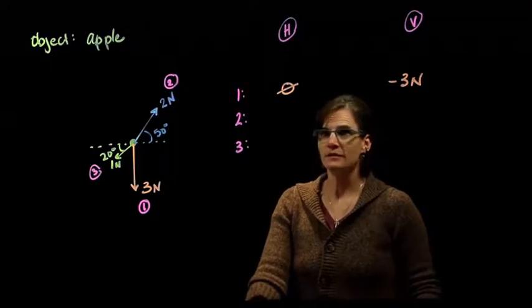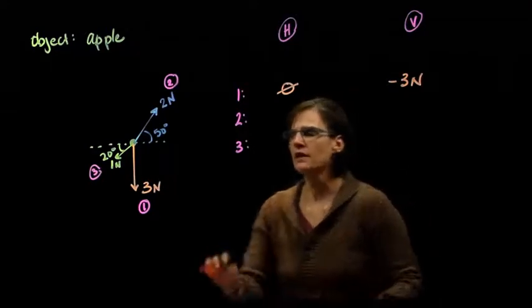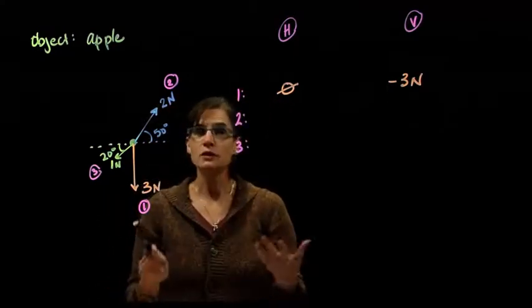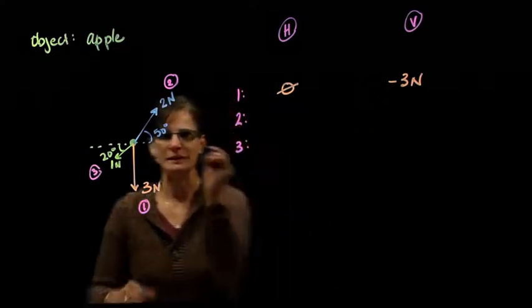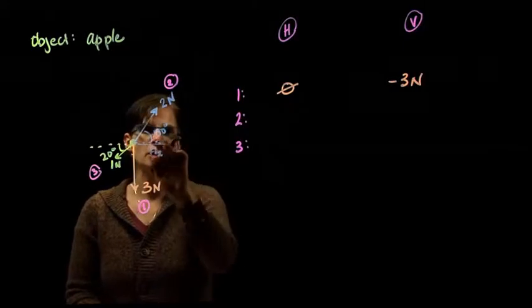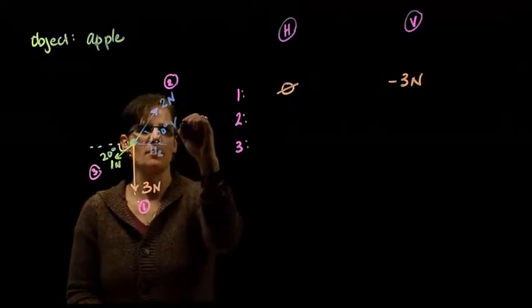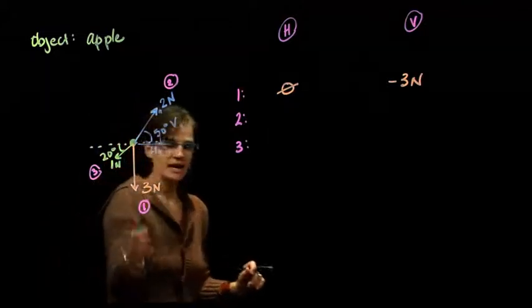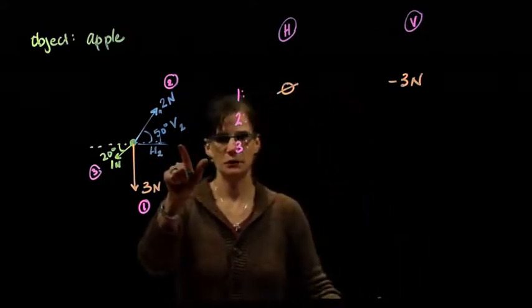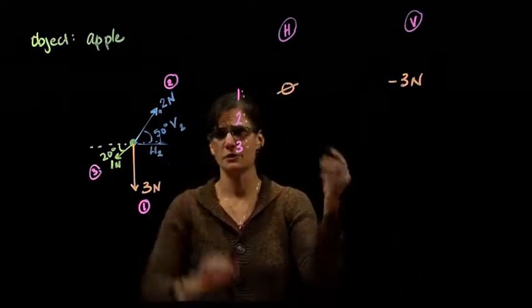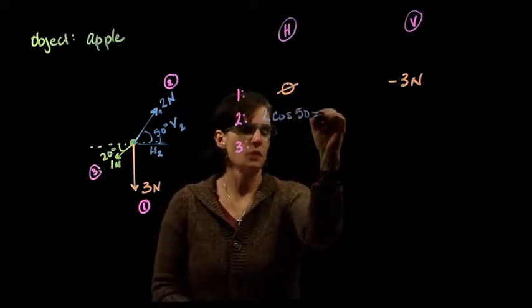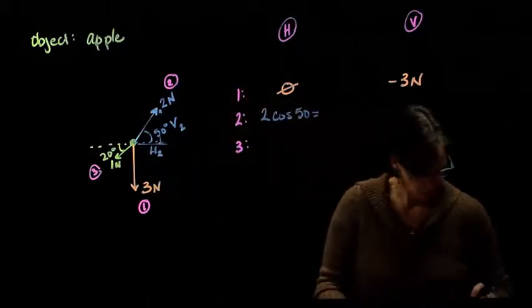All right, vector number 2. Vector number 2 has both a to the right and up component, so let's look at those independently, horizontally and vertically. Here is the horizontal component for vector 2, and oops, that's a little long. And here is our vertical component for vector 2. I have an angle of 50 degrees. The horizontal component is adjacent to that 50 degrees, so my horizontal component of vector 2 will be 2 times the cosine of 50. So horizontally, that magnitude is 2 cosine of 50,